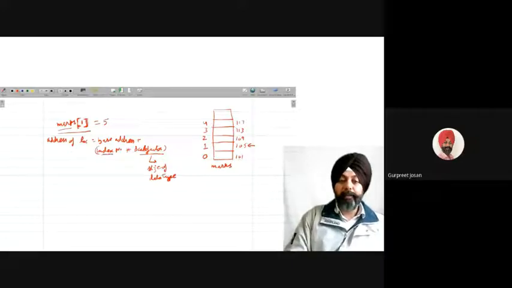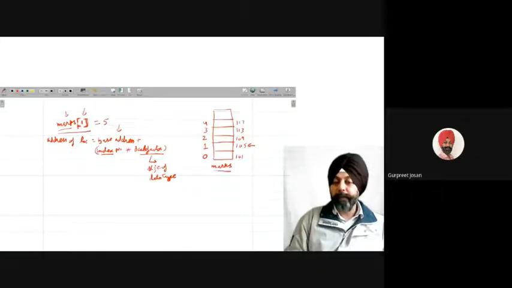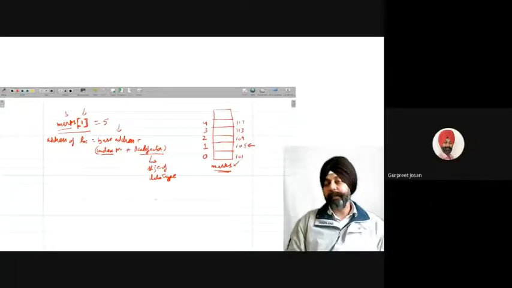The index number is what we have provided in the square brackets. And where is the base address? Base address is stored in the name of the array. So marks is the name of the array, and it contains the base address.